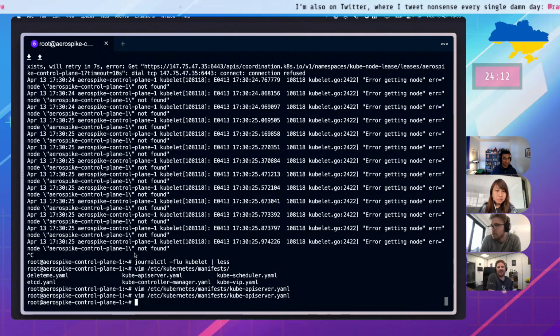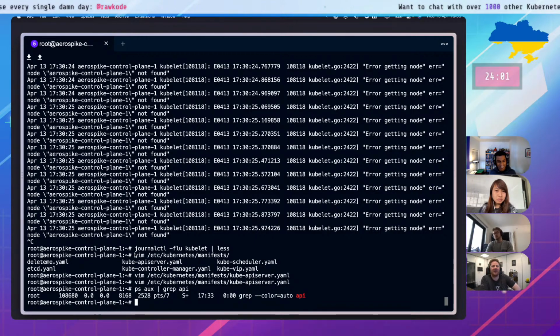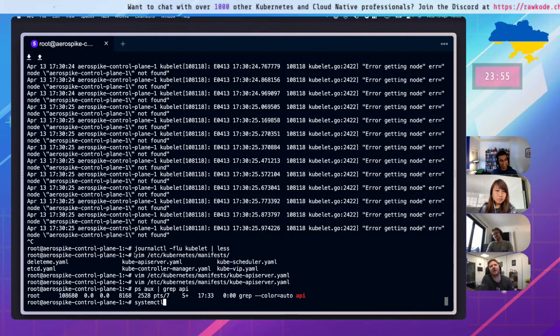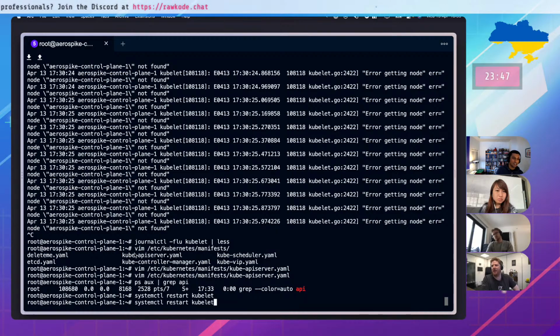All right, let's see if it's running. Not yet. You can try crictl. You could try a restart. The way the kubelet monitors the static manifest directory, it can take up to 4 minutes, I think, before it will detect the change and restart it. A restart of the kubelet will make it a little bit faster.